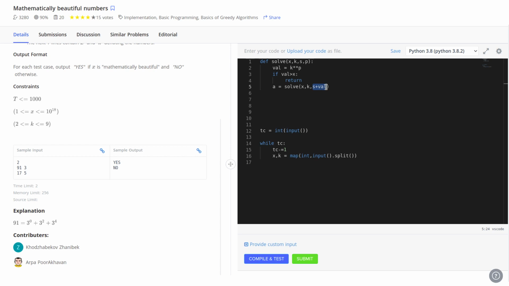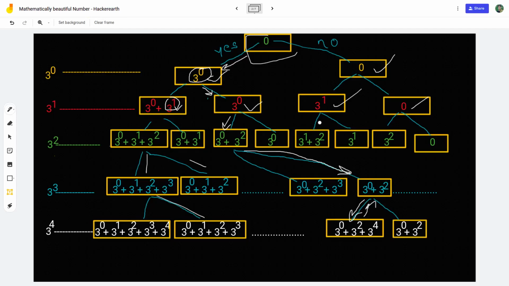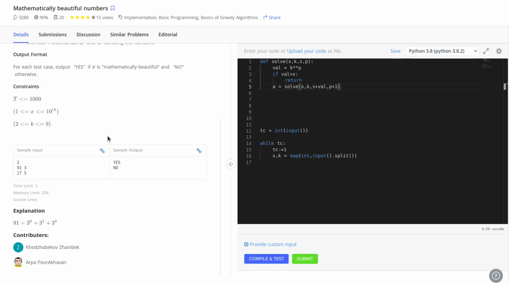In the first case we are going to add it, and our power will be maintained. In every step we are going to increment power, so here we are incrementing our power for the next step.